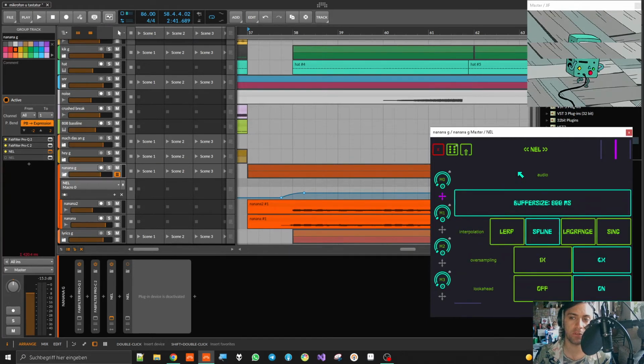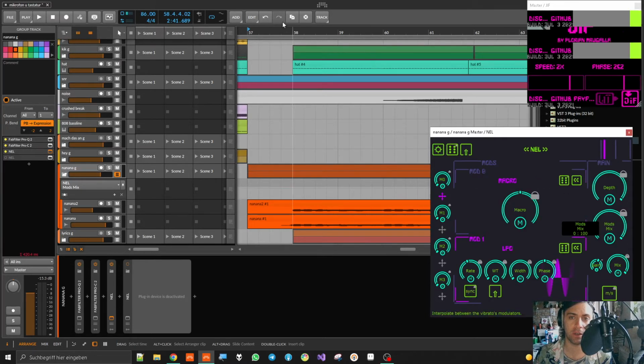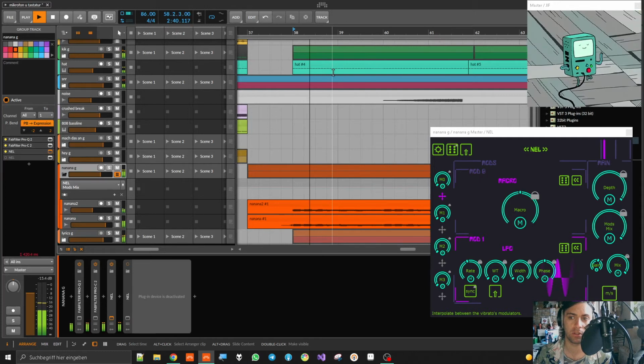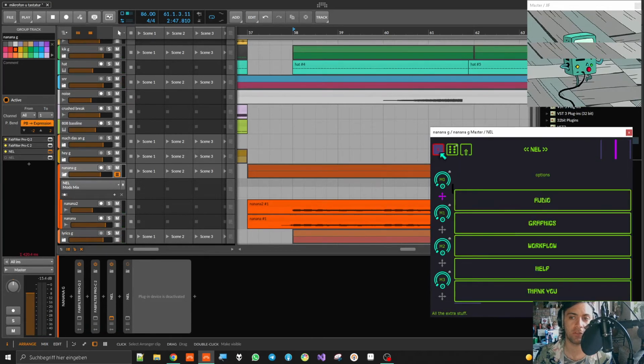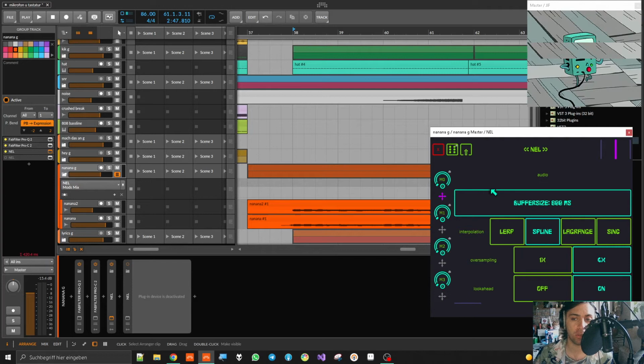And the reason for that is, well, first of all, you can set the buffer size of the delay in the options menu, and I've used a fairly high size here, like 800 milliseconds. That's way too much for a traditional vibrato. I can show you that. But it's actually just right for such tape stop effects, because they need some time to really roll in or come out. And the second thing to consider is that look ahead has to be turned on, so that